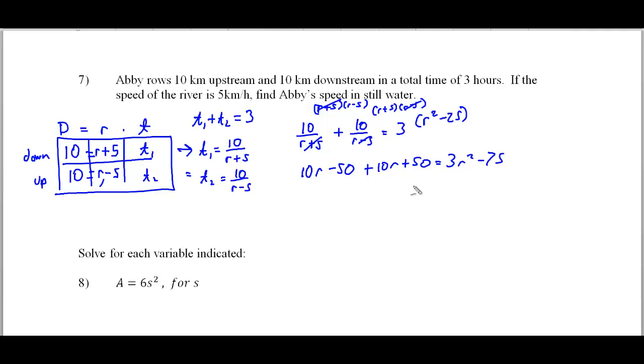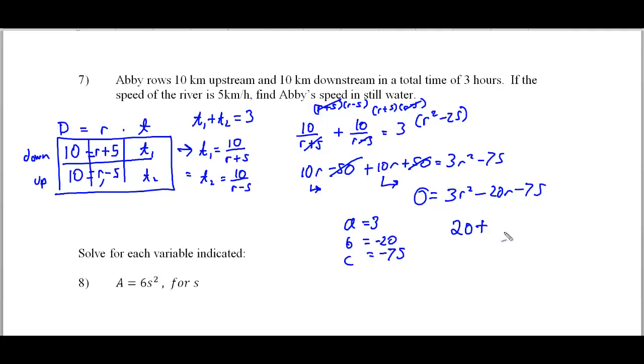I'm going to move everything to my right-hand side. The minus 50s will simplify. The 10R's will be subtracted from this left-hand side. So this is going to make 3R squared minus 20R minus 75 equals 0. Now this will not be an exact answer, because as you do your A, B, and C, where your A is 3, your B is going to be negative 20, and your C is going to be negative 75, you get 20